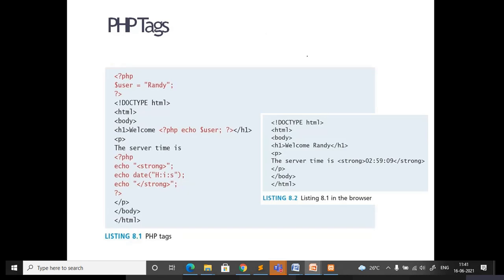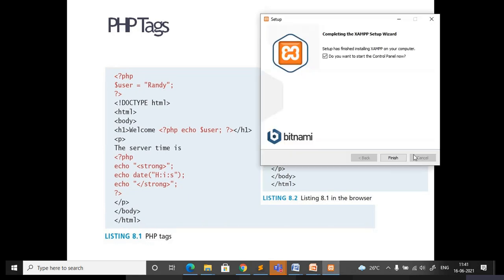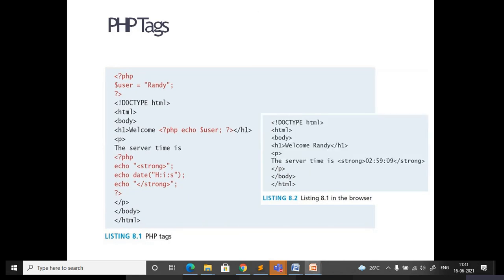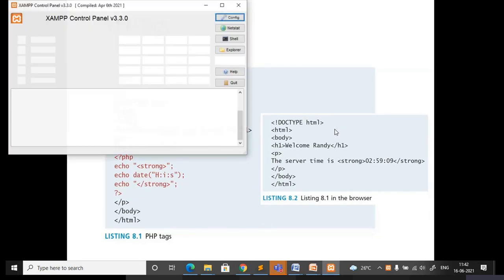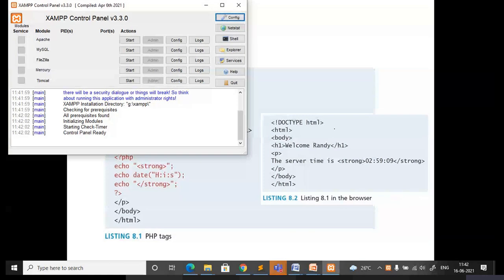Okay, so you can just observe here. Before going to this, let's go with a simple program. Sometimes whenever you install any software, it will ask for a restart, so sometimes you need to restart your system. Here there is no issue.